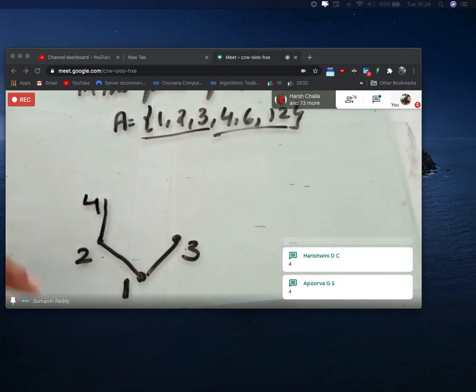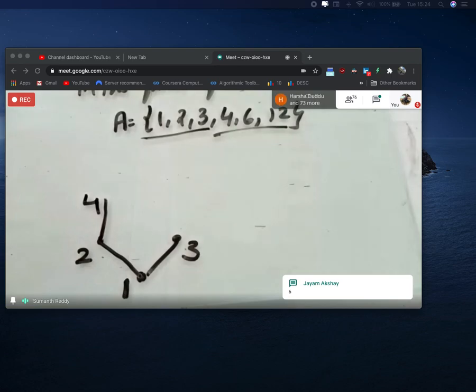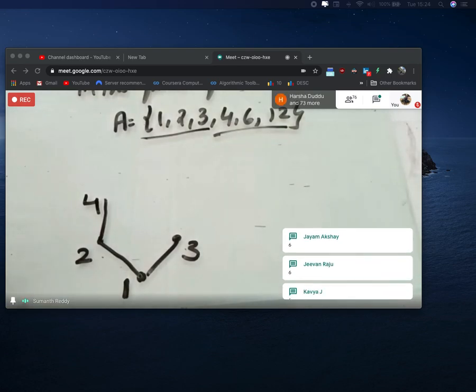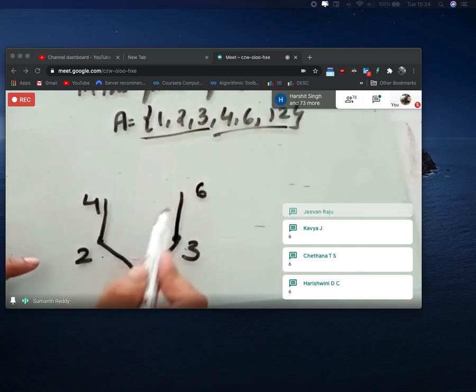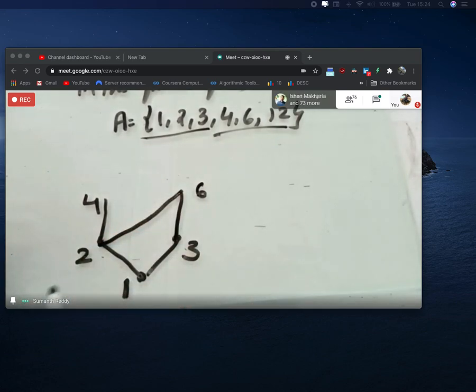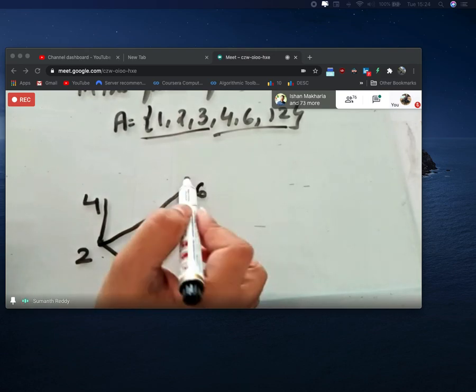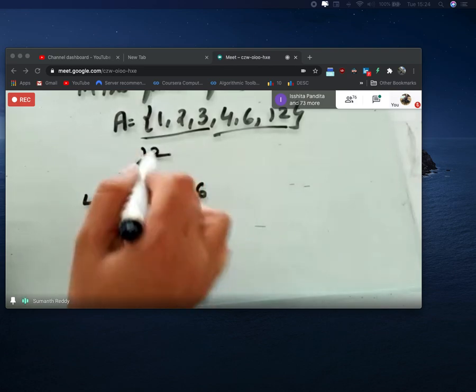Again, which is the number that is related to only 1 and 3? 6, exactly. But students, even 2 is also related to 6. You can represent that just by writing one line, no issues. After that, the next number is 12. All the numbers are related to 12, so you can just write 12 above and draw the lines here.